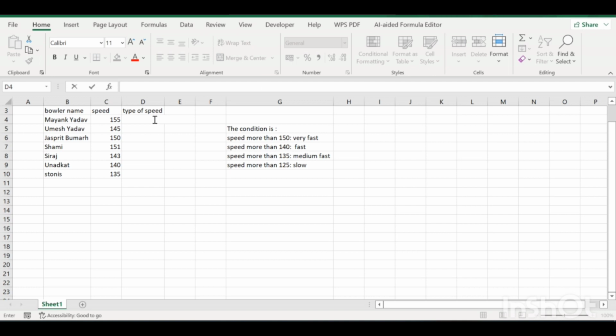Now we will solve this question by IFS. So equal to IFS, tab. Now we need to give the logical test. So I need to give the condition: if C4 greater than 150. If this value is true, it should show very fast. So I will write in double quotation marks, very fast,